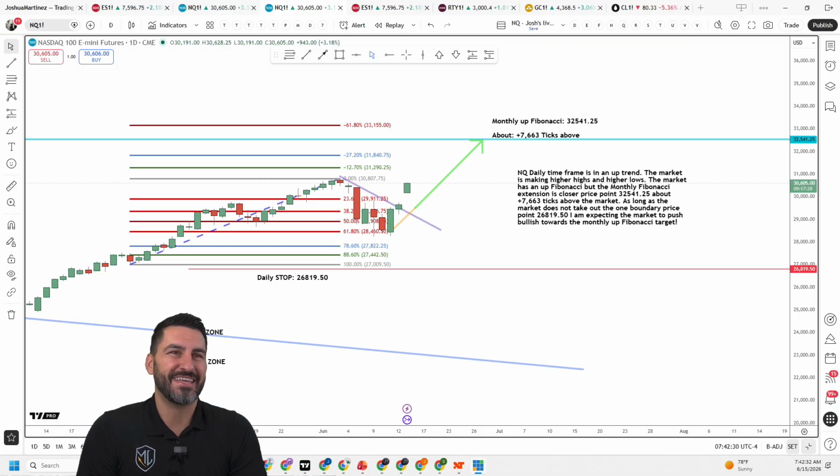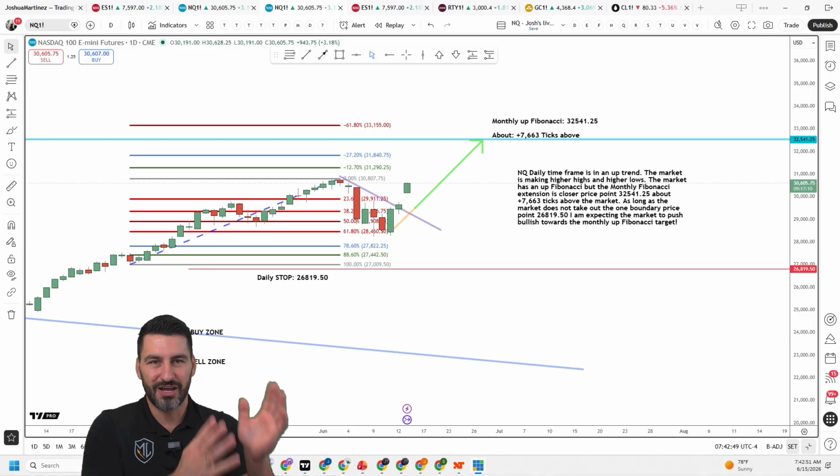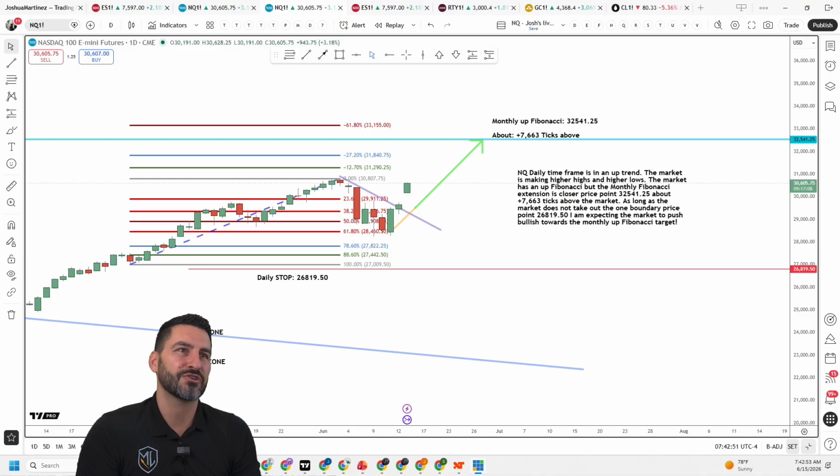So this week's idea is long the Nasdaq 100. Daily time frames inside of an up Fibonacci. We broke and closed above that counter trend line break bullish, and it looks as if the market is pushing, and it looks as if it wants all-time highs. Now there is a monthly up Fibonacci target, price point 32541.25 that we are seeking, which is like 7,663 ticks